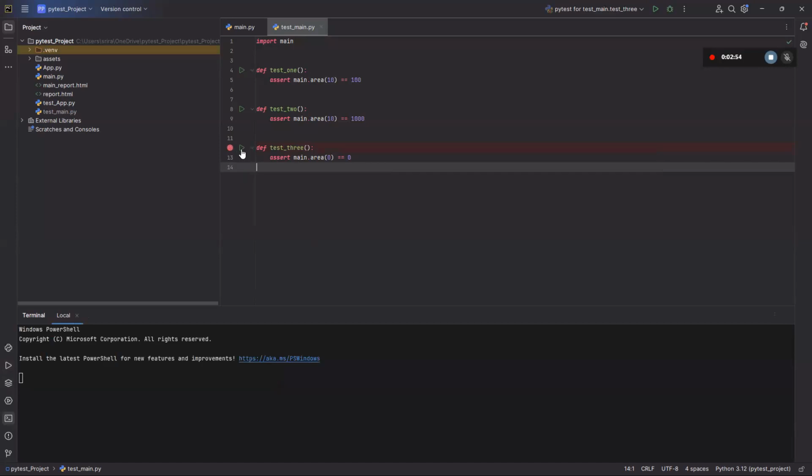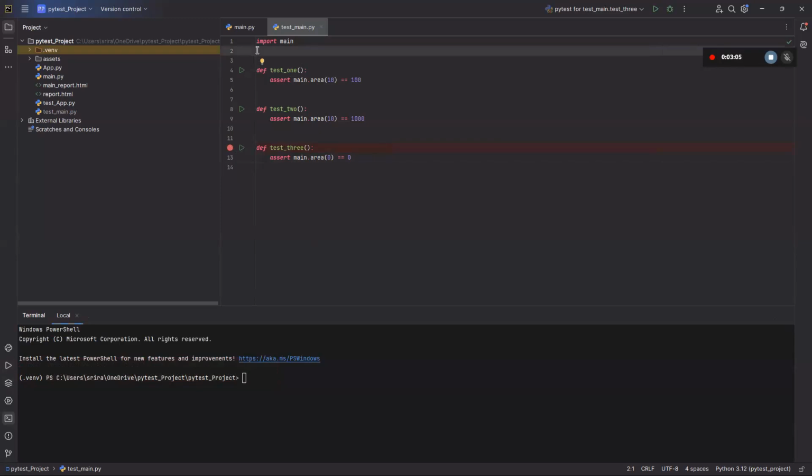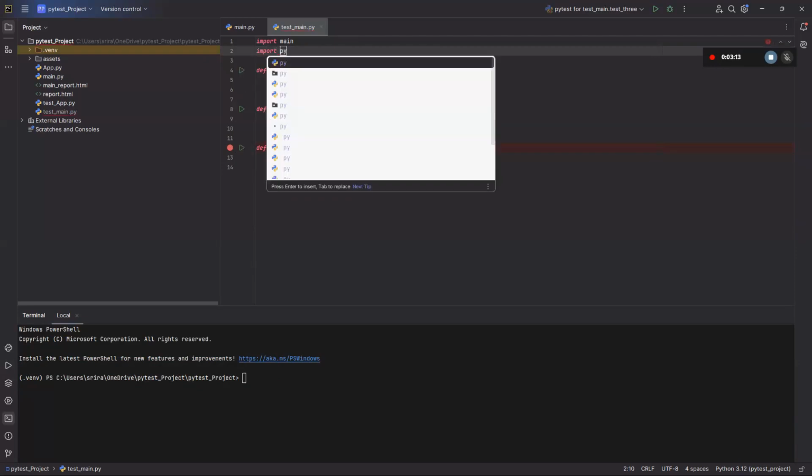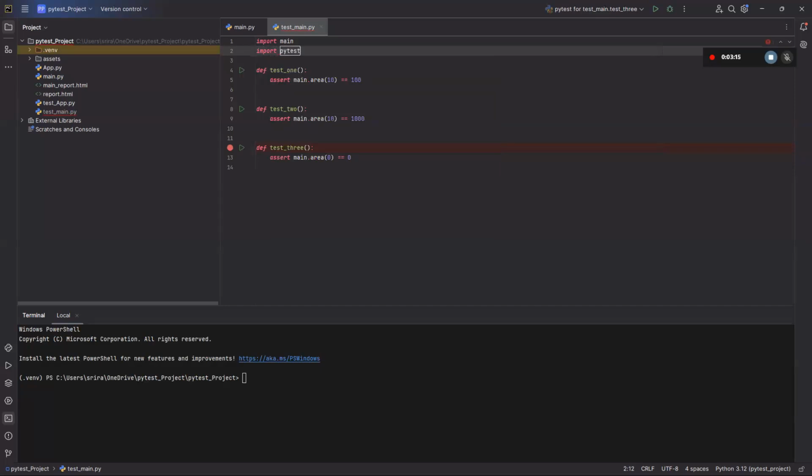Okay, I got it. Line 2, no worries. Go to below where you, go to line 2 there, the empty line there. Yeah. Import PyTest. Let's see. Import space PyTest. Enter. Yeah. Okay. Now,